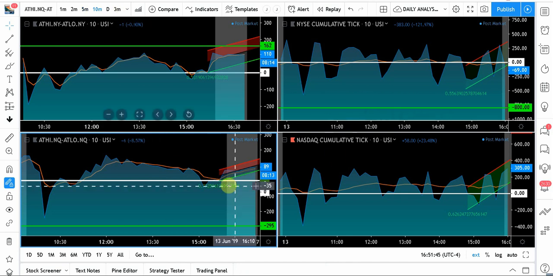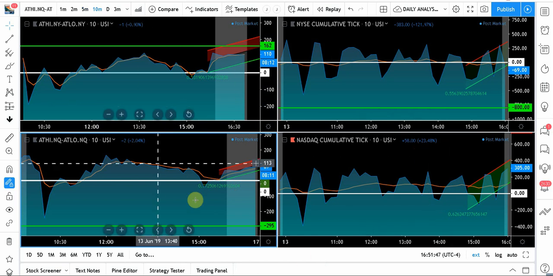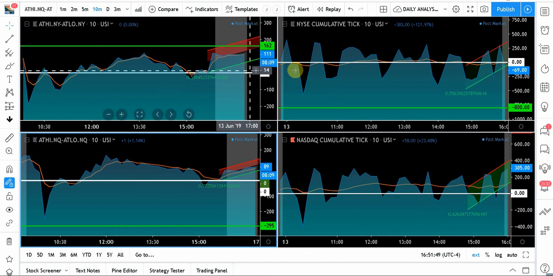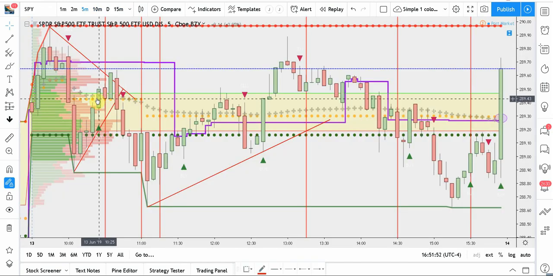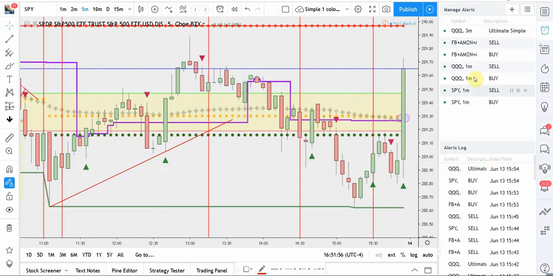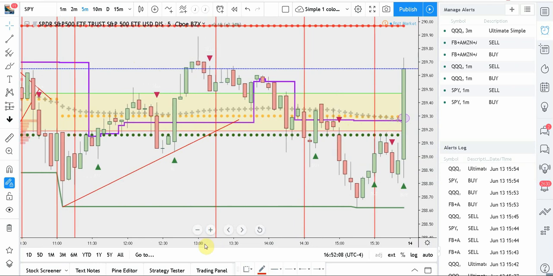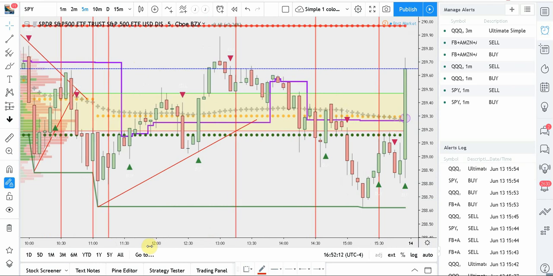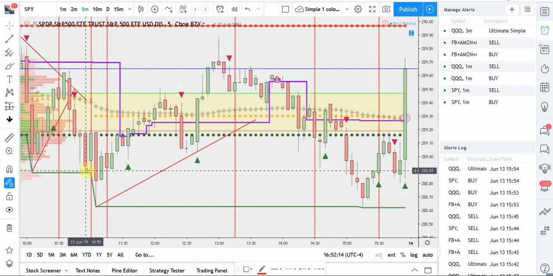You want to be on the right side of what's happening over here. And if this is leading and diverging, you want to be on this, and you're expecting something to change here. I'm running alerts, so I'm getting alerts that really are keying off of just anything changing from extremes. Like I do have an ultimate strategy alert that's running in there, and I have some alerts running off of these. I have some various kinds of alerts running. So if it's coming down,